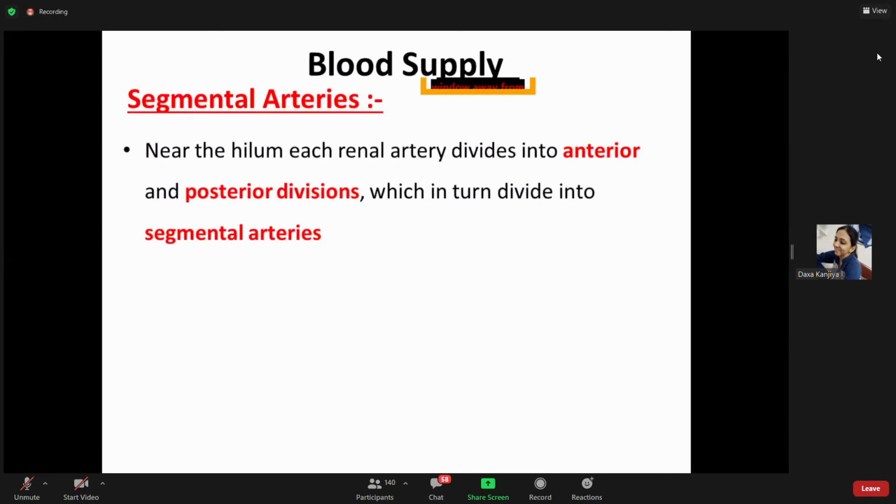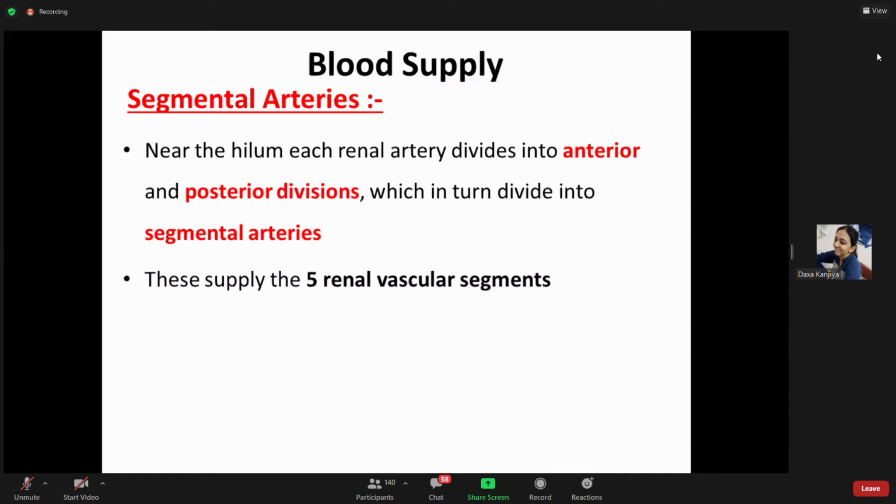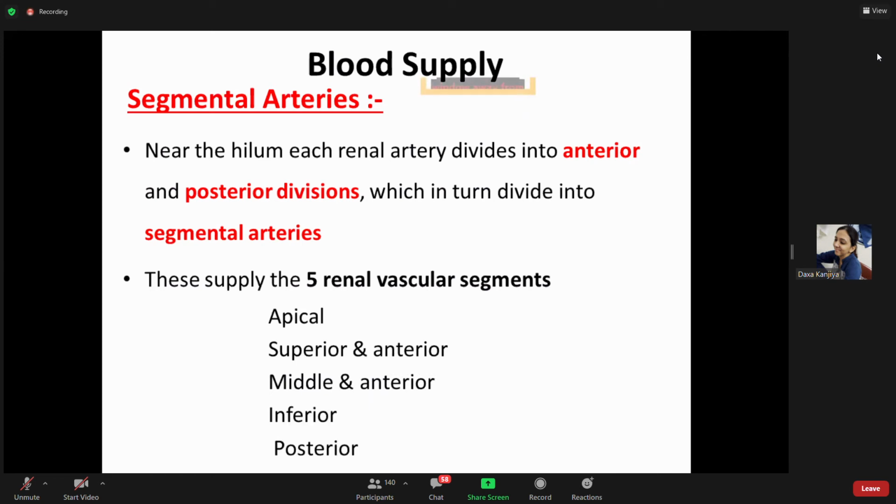Now each renal artery, as it enters into the hilum of the kidney, will divide into two divisions, anterior and posterior, which in turn divide into the 5 segmental arteries, which supply the 5 renovascular segments. So which are the renal vascular segments? See, this can be asked in your viva. Whenever you pick up the kidney for your viva,